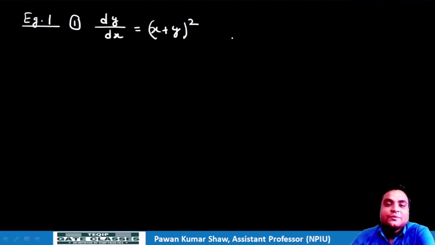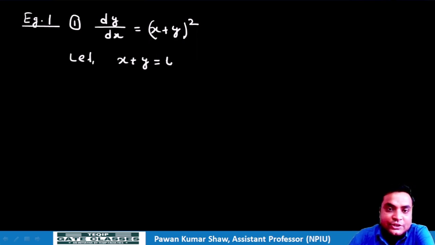If you notice, here we cannot separate in terms of x and y. We cannot convert it into separable variable form and solve it directly, but we can convert this problem into separable form by taking some substitution. So we can assume that x plus y is u, as a function of a new variable, that is u. So now we can write the given differential equation in terms of du by dx. So we can write it as 1 plus, taking the differentiation with respect to x, dy by dx is equal to du by dx.